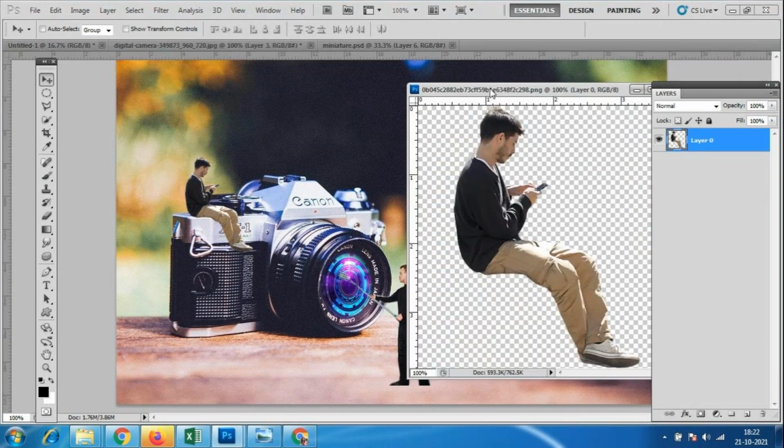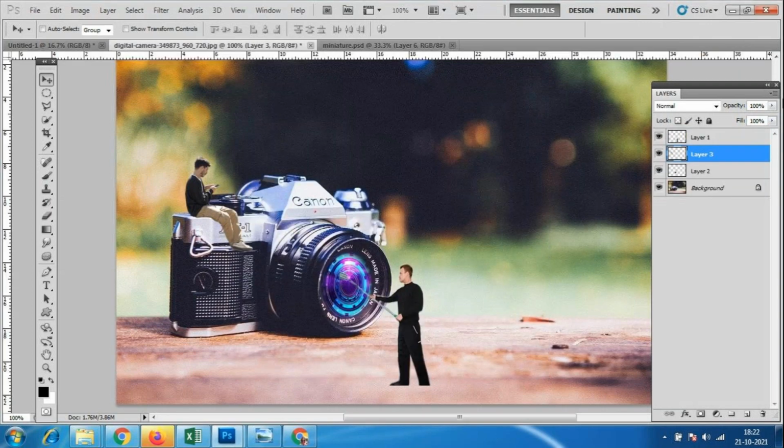Suppose on your mobile you take your own selfies from different angles, or you can ask somebody to take them, where you are holding something, cleaning, or dancing. You can take photos from different angles and make something like this, where you are sitting on the camera or specs or any of the designs.